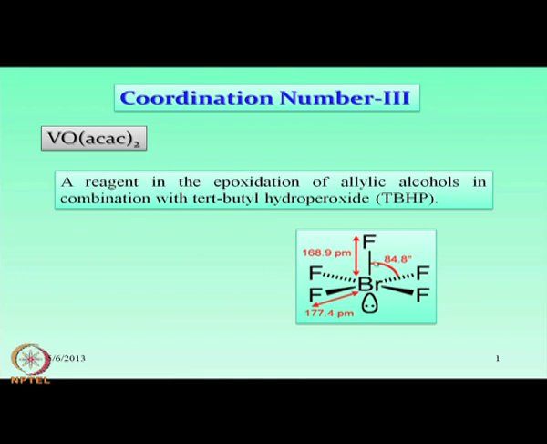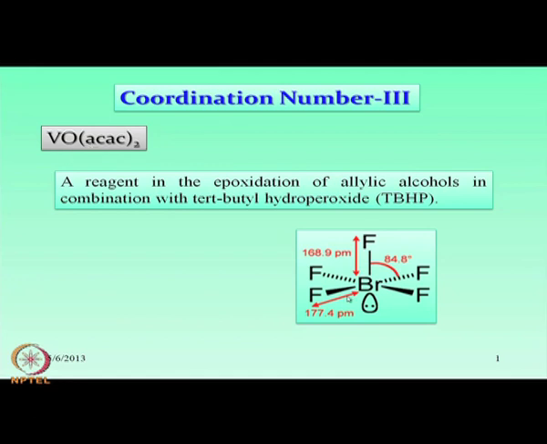Here the vanadium center is occupying the bromine position. This oxygen is occupying the axial position, which is double bonded to the vanadium center, and the 4 other oxygen atoms of the ACAC ligand occupy the 4 other positions in the equatorial position of the square plane, giving rise to the VO4 plane in this particular case. So, what we see in the case of the BrF5 molecule also, which has a similar geometry to that of our